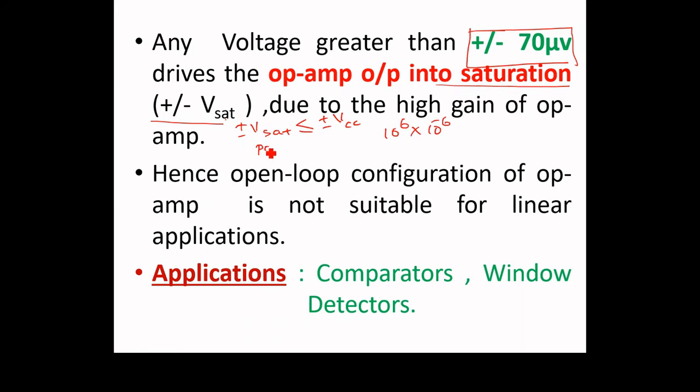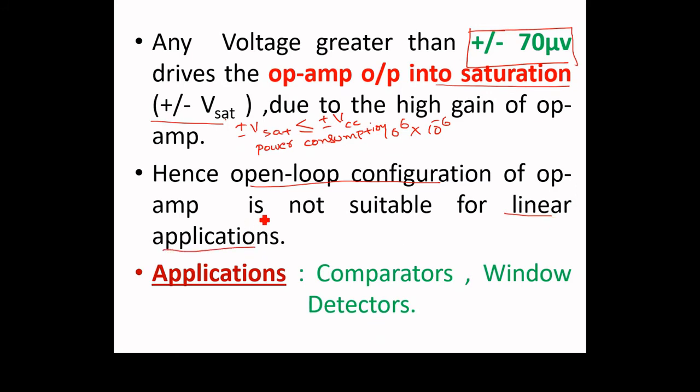Apart from output, there is power consumption, right? So some power will be consumed for proper operation of the op amp. So the saturation voltages will always be less than or equal to the supply voltage. So the limitation is you always need to apply a voltage in the microvolts range. If you apply any voltage greater than plus or minus tens of microvolts, it will drive the op amp into saturation. So that's why this open loop configuration of the op amp is not suitable for linear